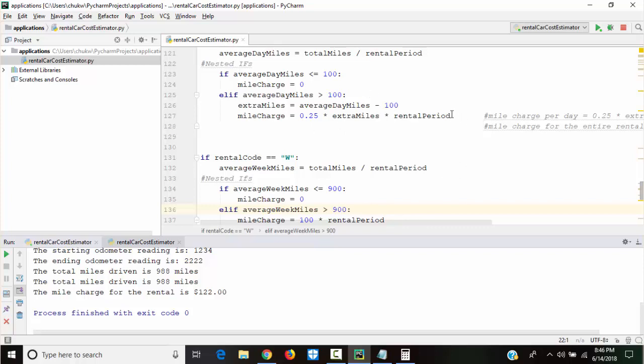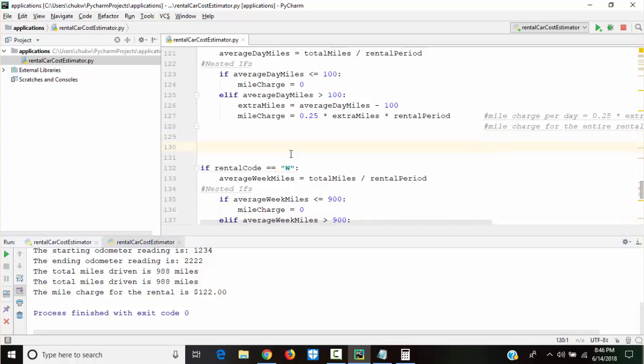Instead of putting times rental period, let me write this in the comment. mileCharge is equal to 0.25 times extraMiles. I would like to teach you something now. Times rental period.